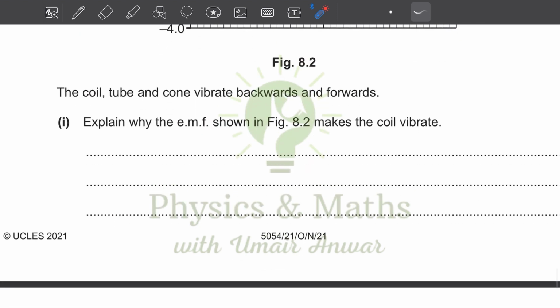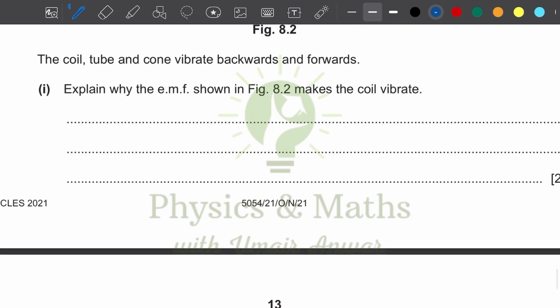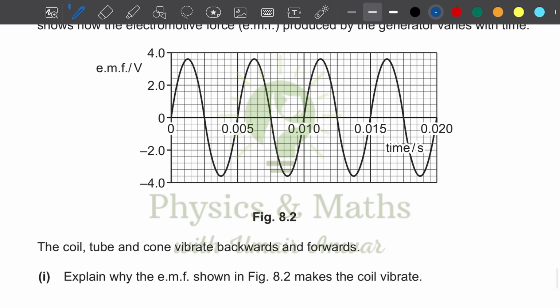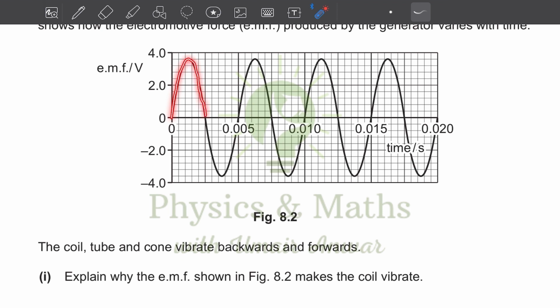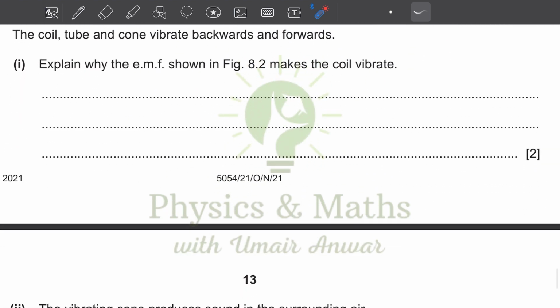The coil, tube and cone vibrate backwards and forwards. Explain why the EMF shown in figure 8.2 makes the coil vibrate. So the EMF shown is telling us there is a positive half cycle and then there is a negative half cycle in the EMF signal. So when the positive half cycle of the EMF is there, there is a flow of positive current, and when the EMF changes its direction to the negative half cycle, there is a negative current flowing. So when the current continuously switches its direction, the force being exerted on the coil placed in a magnetic field also changes. So the answer would be the current